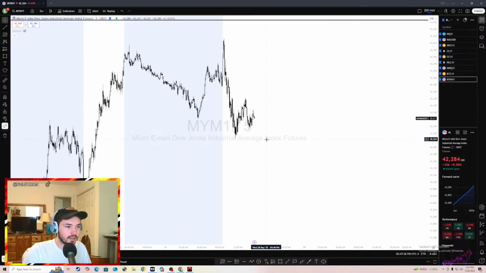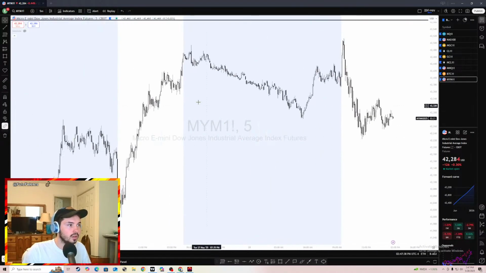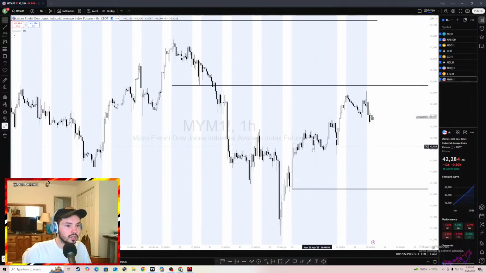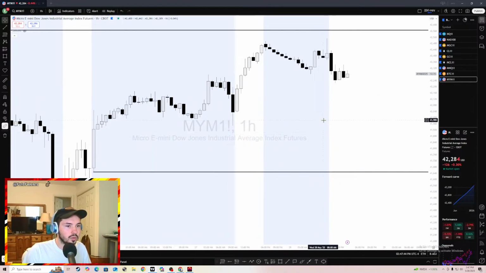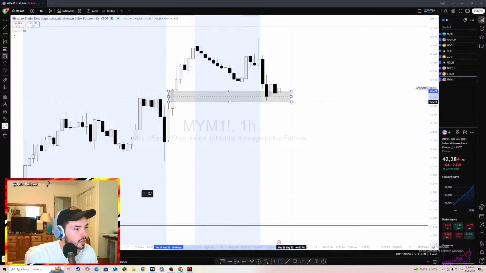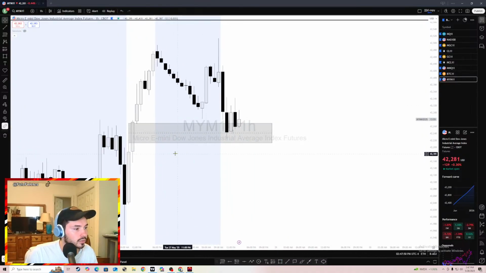So I expect the daily candle to work its way up here. I might go to the hour time frame as well to give me more of an idea. So then where can I look at? What took the high here? I would be looking for a trade potentially down here. I want to see this grab all of this area, okay? I don't want to see this leave any space.